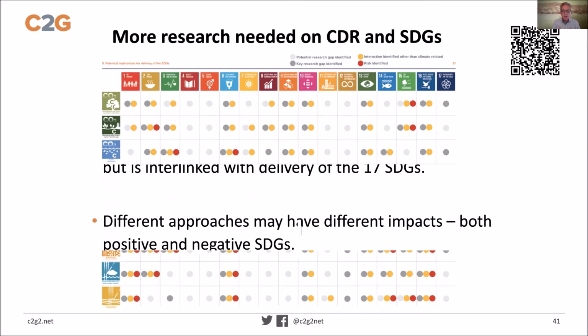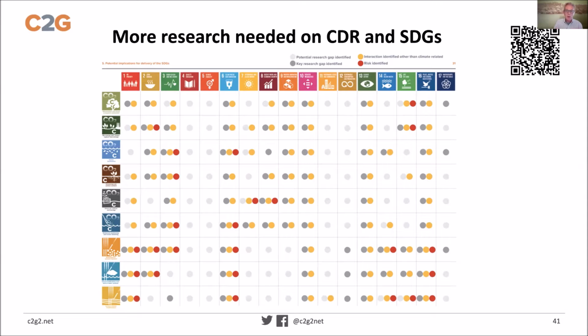We said, let's ask a group of people to put yourself into the position of an advocate or somebody who wants to do a particular technology and see where you see interlinkages with regard to the various SDGs, or you look at an SDG, whether this is equity or gender or water or life on land or in water, and see what it is that we actually know. And this analysis was focused on risks. I should maybe mention that a little bit. So the concern was focusing more on the risks than on what we know in terms of making it happen, so that you have both sides for your decision making.